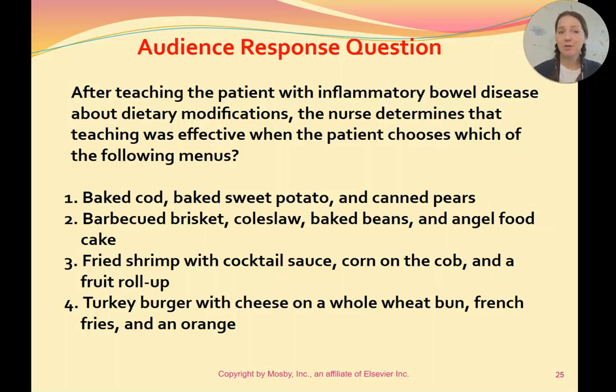Turkey burger might be a good choice. Cheese, okay. Whole wheat, high fiber. French fries, high residue. And an orange is high fiber. Canned pears, actually, oddly enough, the fiber has been broken down quite a bit because it's been sitting in fluid. So it's a better option than an actual pear. So I'd go with one: baked cod, baked sweet potato, and then canned pears, kind of a lower residue type